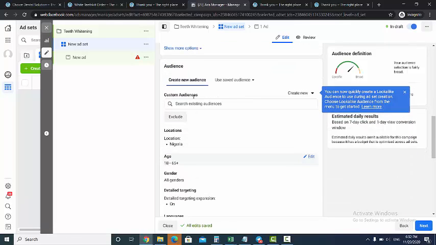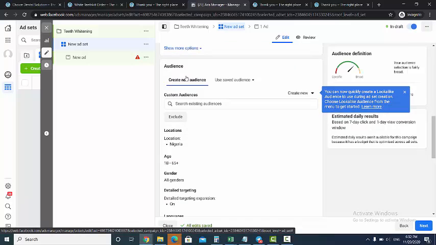Then we scroll down. So here is the audience. Basically, if you're going to run ads on Facebook, you would be required to select the kind of people you want to reach out to, and those are the people you call your audience. There are different ways you can target people on Facebook. You can target people based on their interests. You can target people based on their demography. You can target people based on their